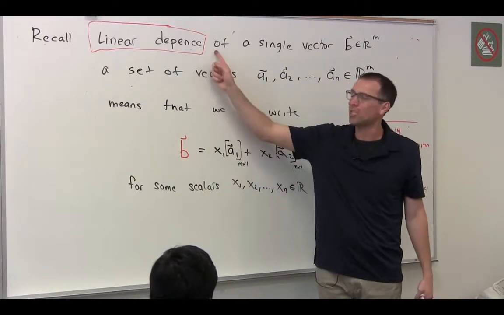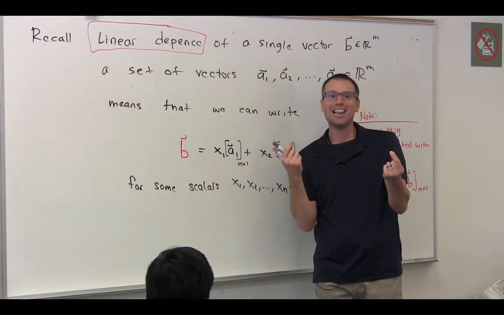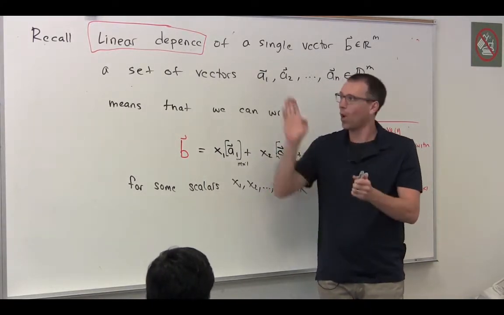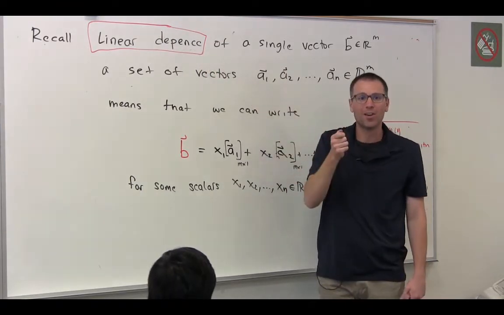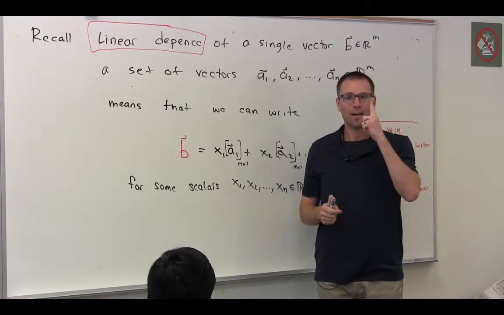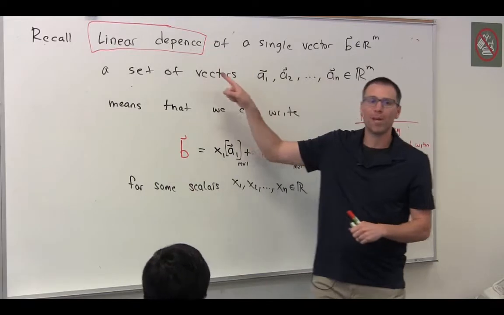The whole idea of linear dependence for a single vector is the vector that I'm looking at can be written as a linear combination of another set of vectors. Okay, so what is this whole linear dependence? What does it depend on? Set of vectors, what does it describe? A single vector. And the whole idea there was if a vector B is linear dependent on another set of vectors,